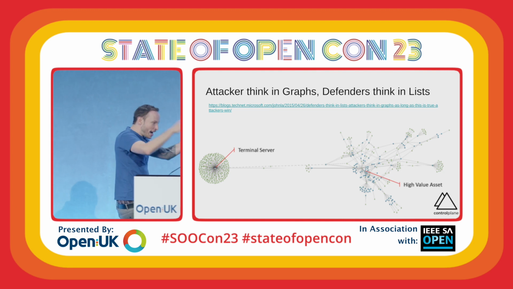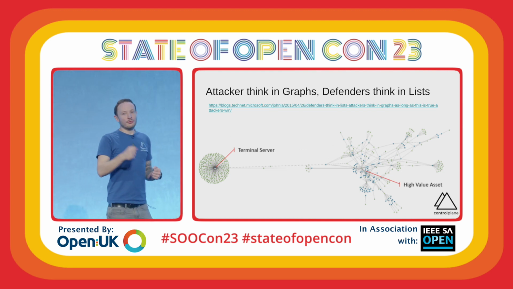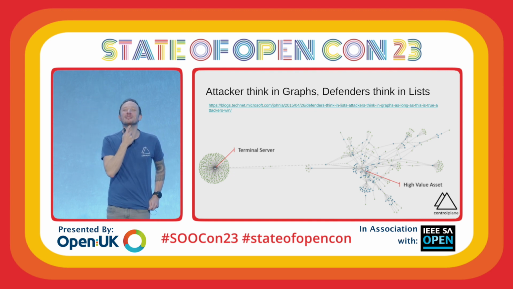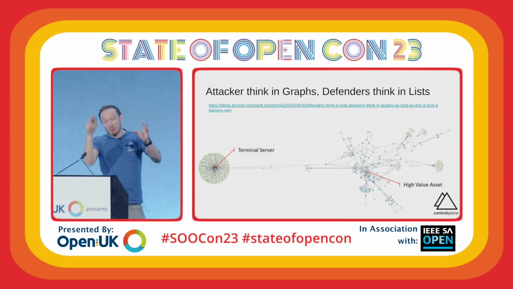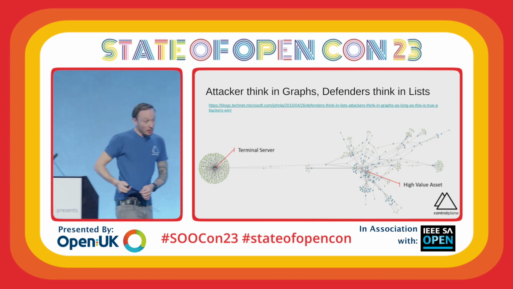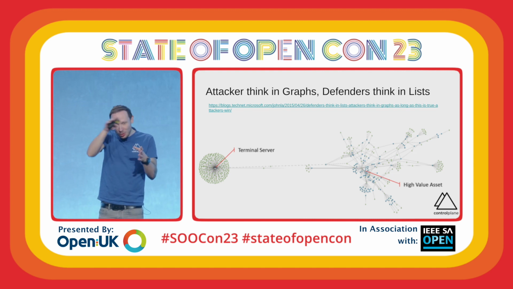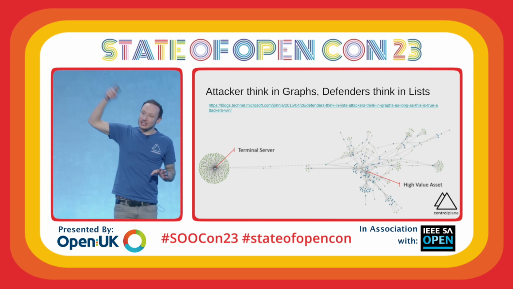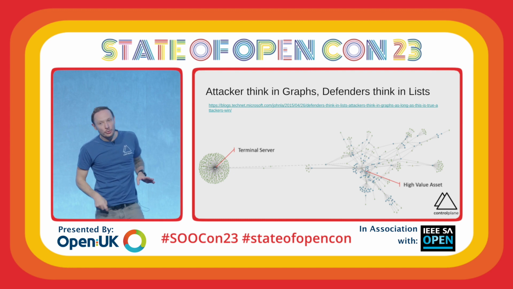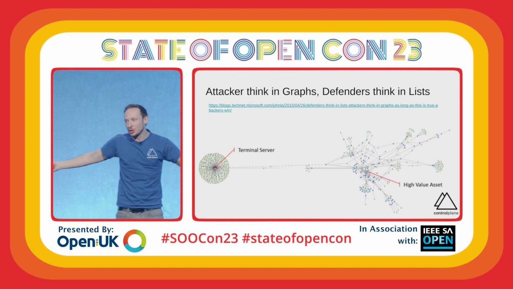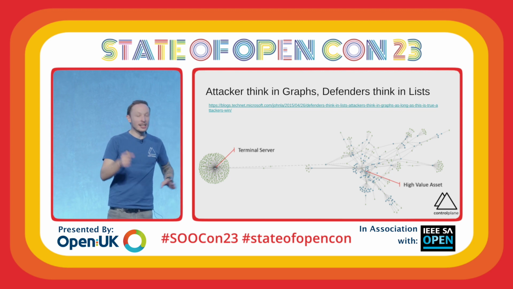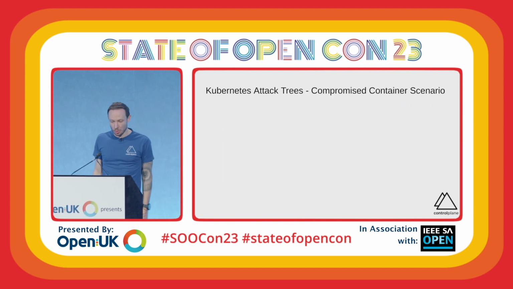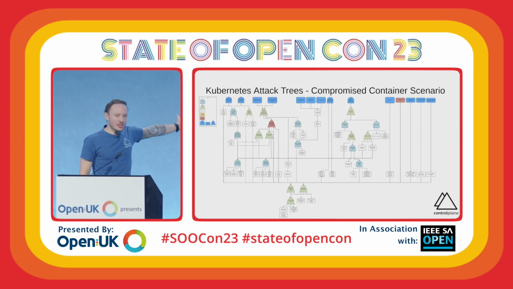Right, next we get to how we model these things. It is far more difficult for a defensive organization because we must check every box. This is right in my beard, or the remnants of it. So we must check every box in order to make sure that we have full coverage of the things that we're trying to defend against. For an attacker, it is a very different story. An attacker needs to take one foothold into an organization, observe the visible horizon, and pivot to wherever they can find. It is a defender's job to lock down every single one of those endpoints, which is a far more difficult proposition. So we use attack trees.